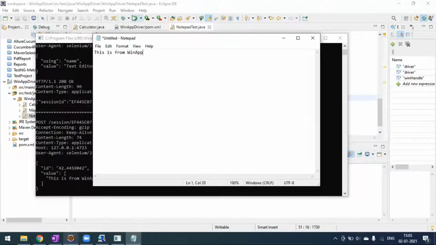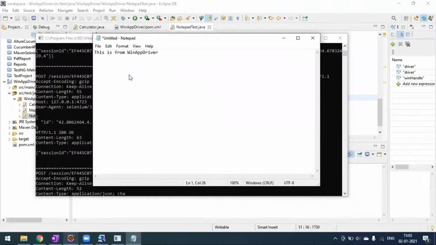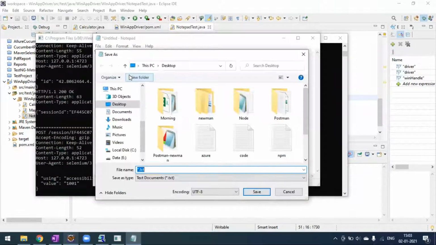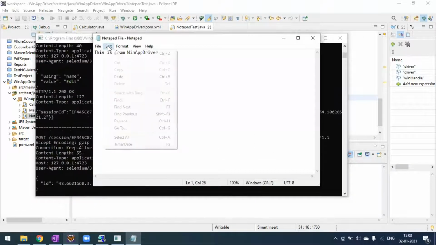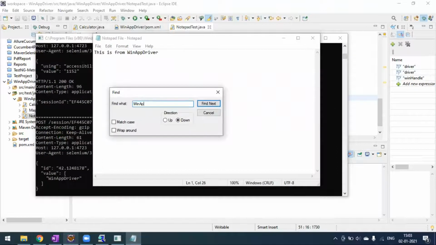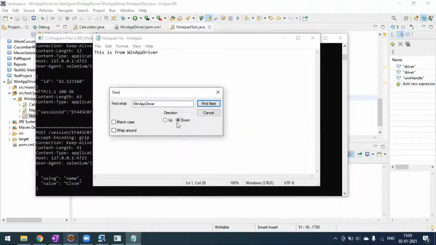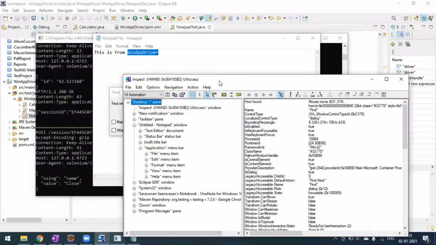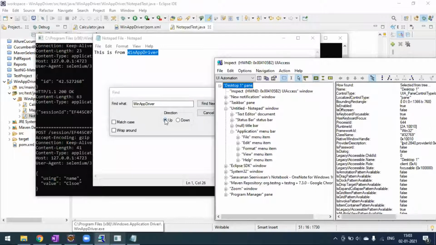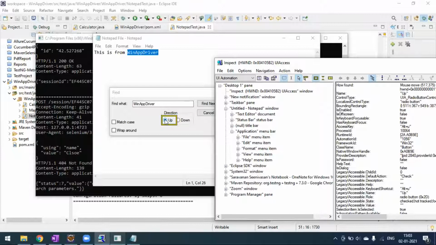So all the actions that we are doing from Winamp driver, you can see in the Winamp driver exe, right? All the HTTP calls that go through Winamp driver, you can see post, get, and everything in the console. Okay, it will go for the find option now. So it will type Winamp driver and click on the find. So we have to click on this app and go for this find option. That is different. Again, you can switch to this up and down button also. So we'll try to locate this value up and down also. Here you can click on this one and see it, right? The name is up and you can see the automation ID is 1056, right?